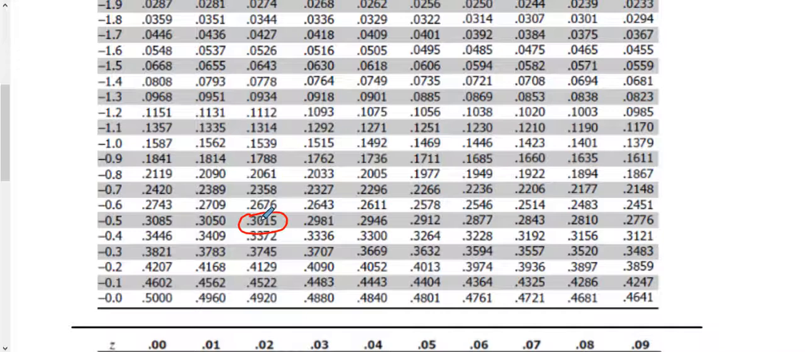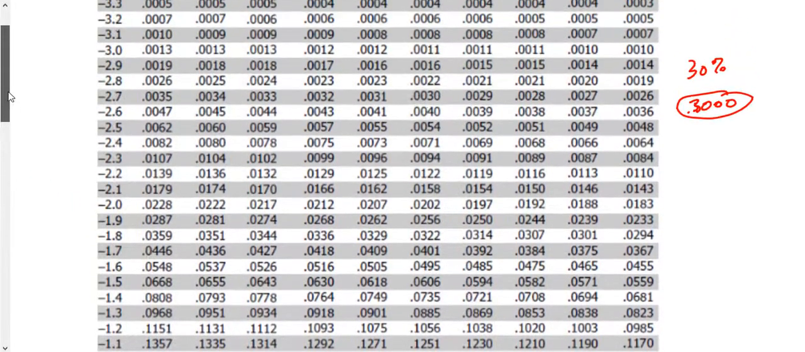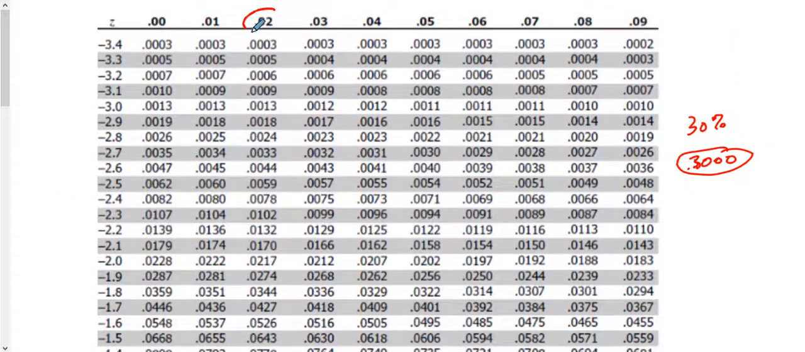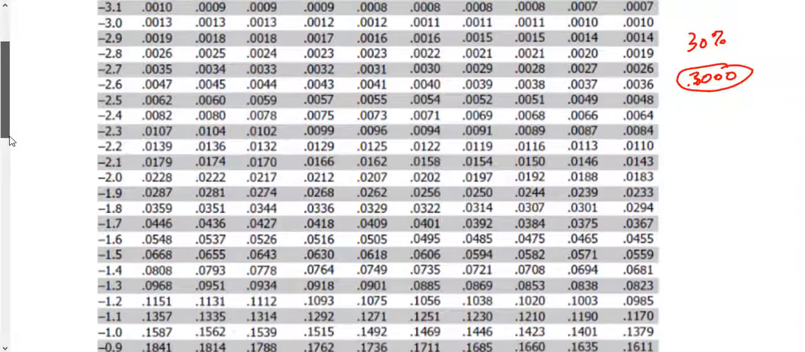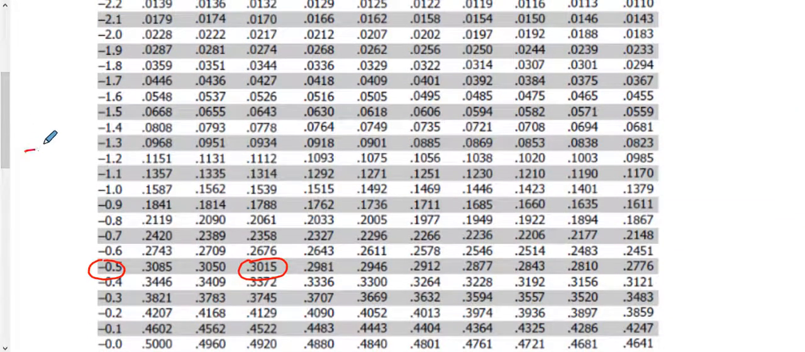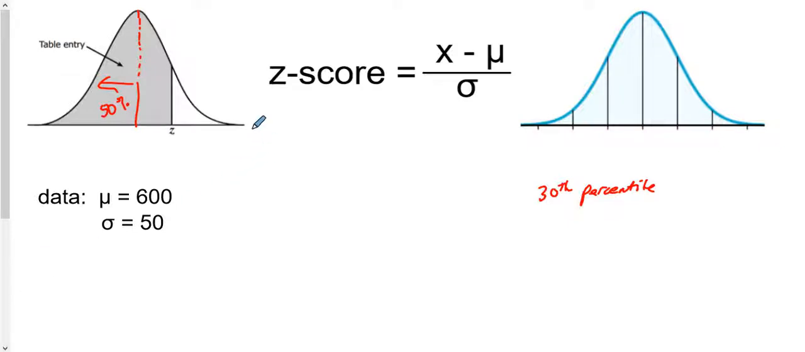So what number is this? Well, here's a negative 0.5, and then the decimal that goes with that is 2. So when you put that together, that's a negative 0.52. What we need to do is take that number and throw it into our z-score formula, except remember, guys, that is a z-score. So that's going to go here, all right? So we got negative